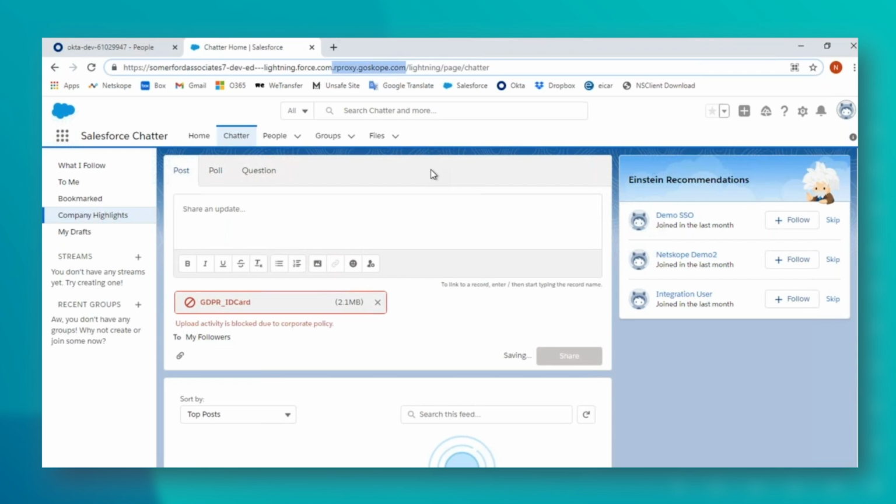So this is configured for anyone logging into particular applications via particular identity providers, Okta being one of them, to enforce policy even though you do not have that client installed.